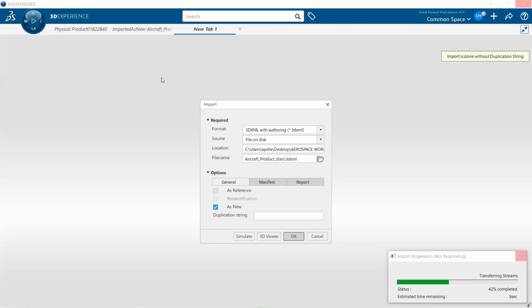Import in CATIA V5 is also the same method. Okay, here I use the import option, but in CATIA you have to select the open option. Okay, Control O. You can click on Control O. You can go to the file and give import. Then the file will automatically import.